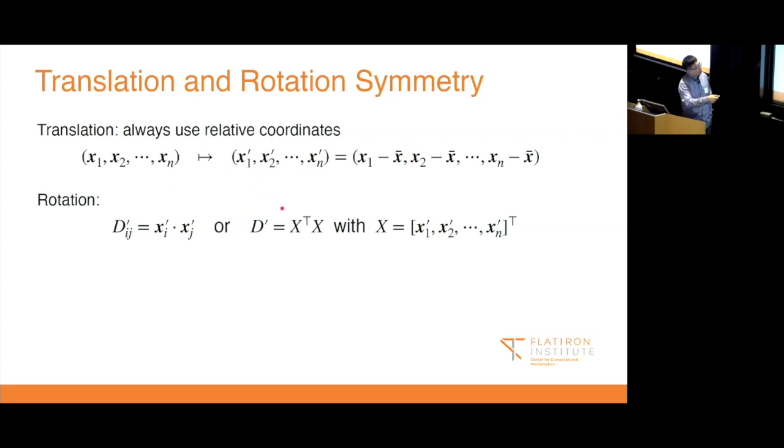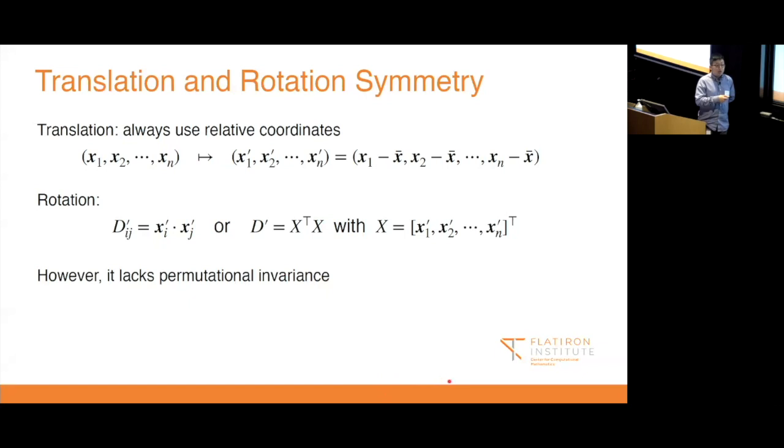Actually, D prime is of size n by n. Mathematically, you can prove D is complete information of the coordinate information up to rotation. So once you get the matrix D prime, you can recover the coordinates x1 to xn up to rotation. So D prime carries all the information, but there's one thing we should point out, that the matrix